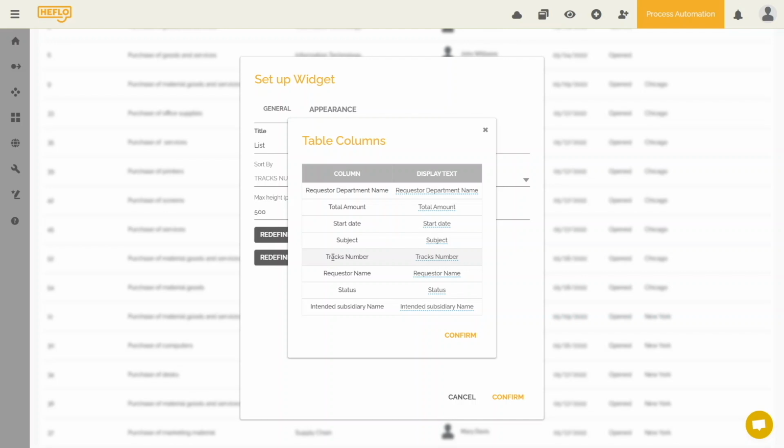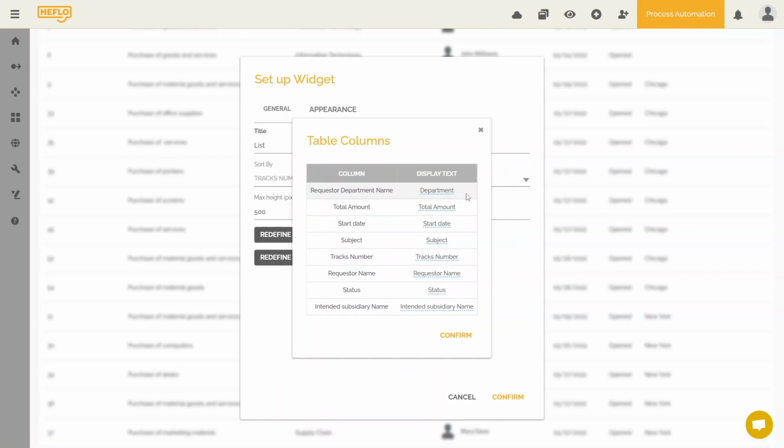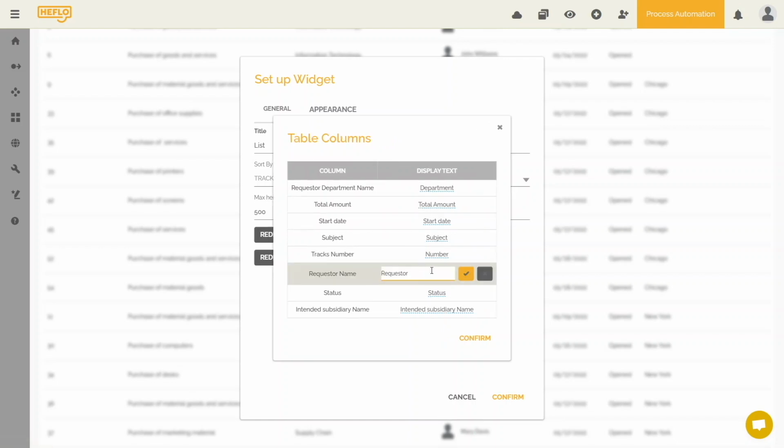I'm going to modify requester department name and call it department. I will modify tracks number and just call it number. I will display here, in the case of the requester name, simply the term requester.